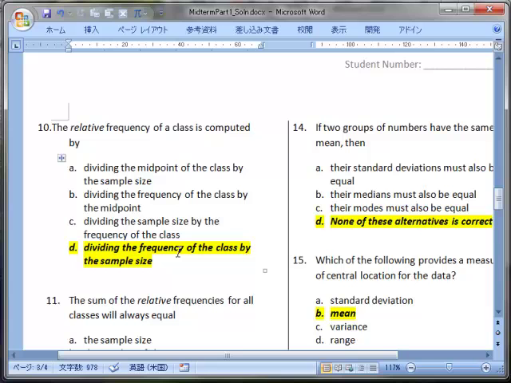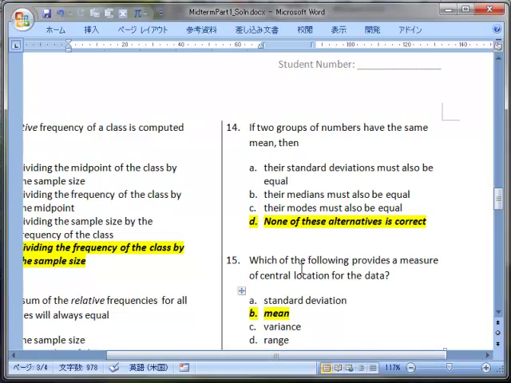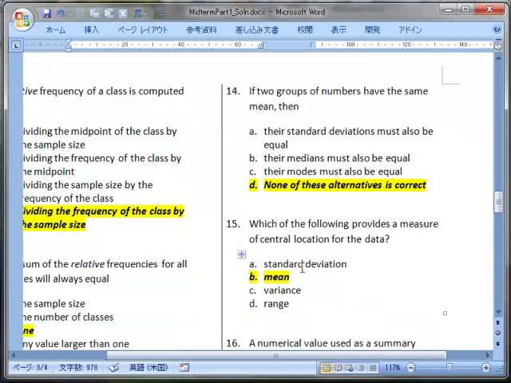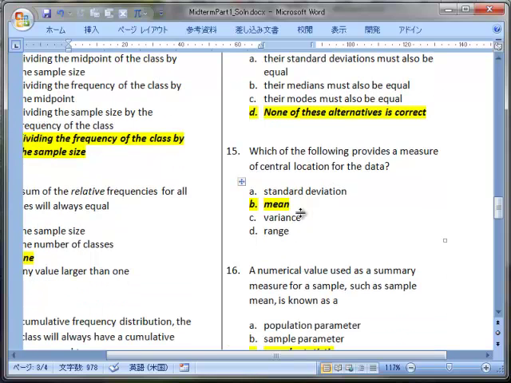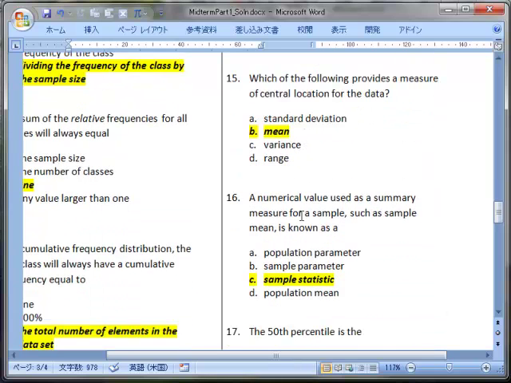Now, let's see on this other page. Let's come down to number 16. Okay, which of the following mean is a central location? But, okay, sample statistic. A numerical value used as a summary measure for a sample, such as a sample mean, is known as a sample statistic. Okay? Parameter refers to the